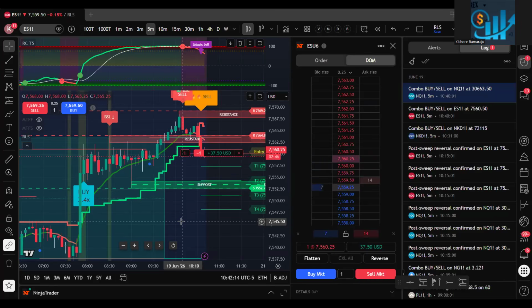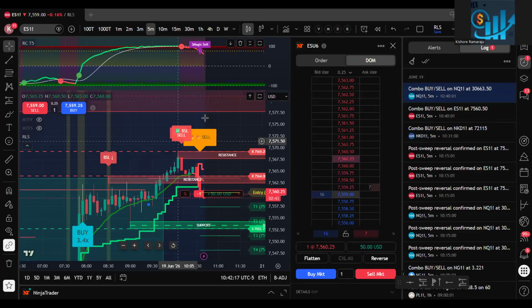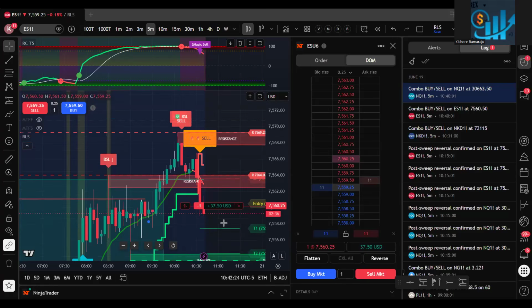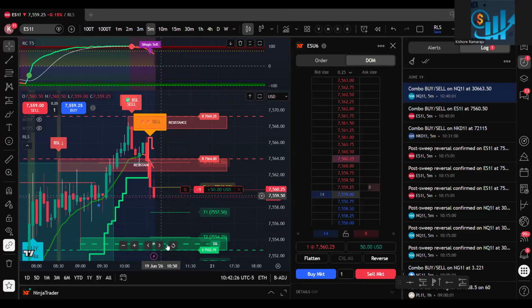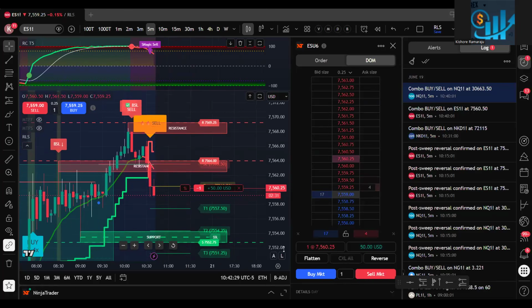For example, we discussed that there is buy side liquidity here, and we can see a reversal here. We are expecting a reversal. So like that, you can take the trades. I explained the concept before it happened. I mentioned that there is a possibility we'll see a reversal. I took some trade. There was initially support, and at the support it did a small pullback. Again it started dropping, then I took another shot.